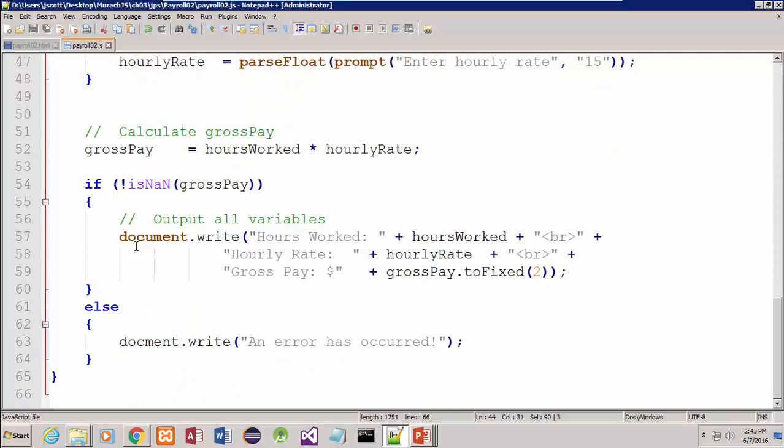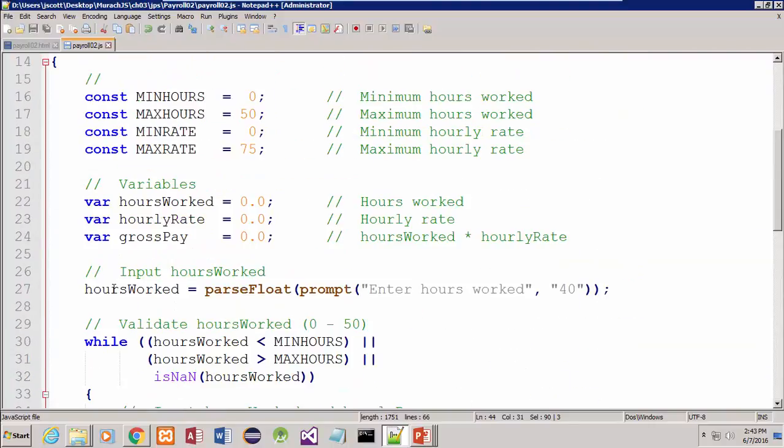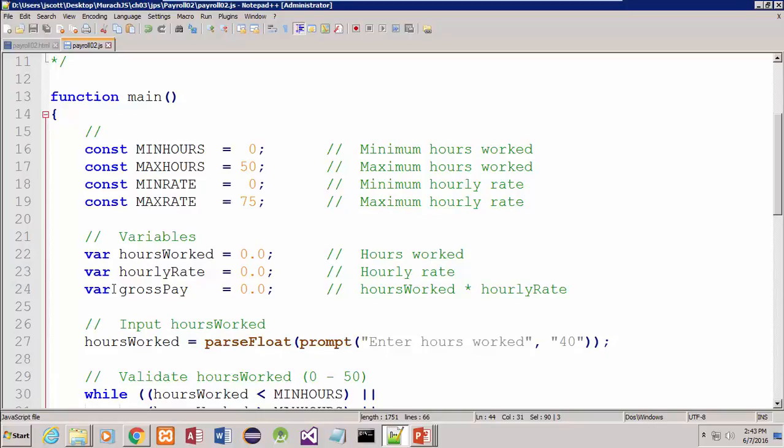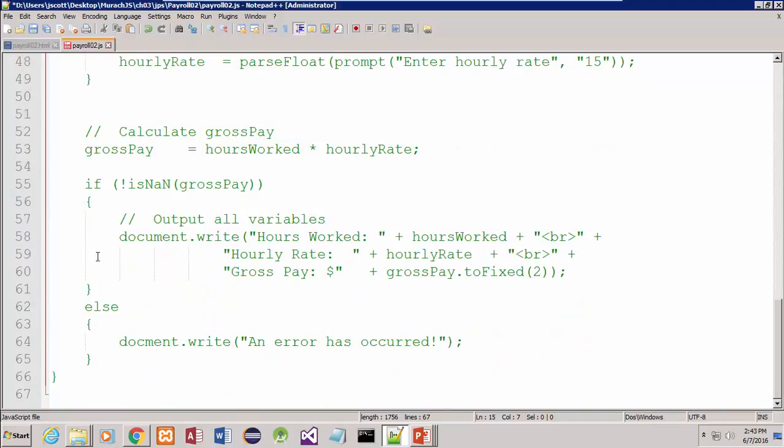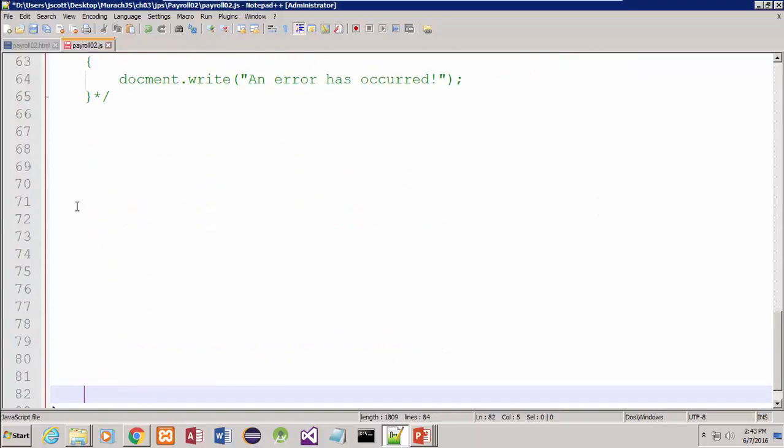All right? And I'm going to put some code in here, and I'll tell you what I'm going to do. I'm going to take all the code I've done so far in here, and I'm going to comment all of it out. You'll see why, hopefully, in just a minute. I'm going to uncomment it again in just a minute. All right? But what I want to do is show you the loops,